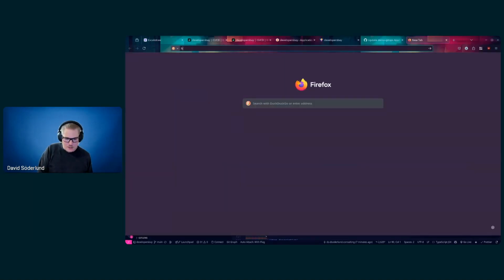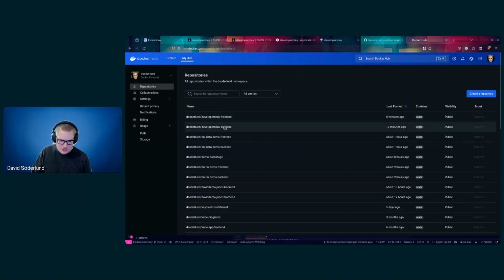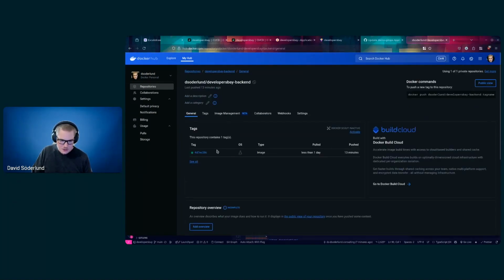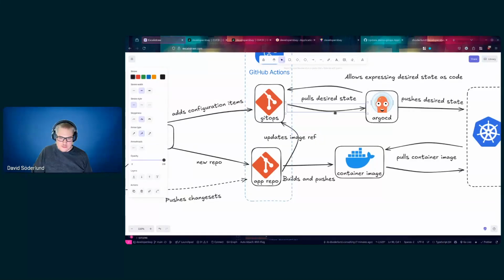Actually, I'll do you one better. Let's actually go to Docker Hub and have an actual factual look at how these images look when they get pushed from our new repo here. So we have developers bay frontend and developers bay backend. In developers bay backend, there is one single tag. It was created 13 minutes ago when I created the repo. Can I copy paste this, please? Thank you. And now I'm just gonna sort of rerun this step to update that image ref in the GitOps repo so that Argo